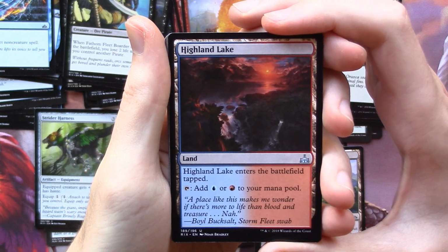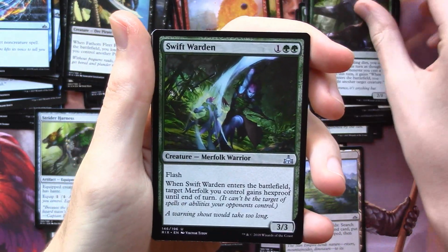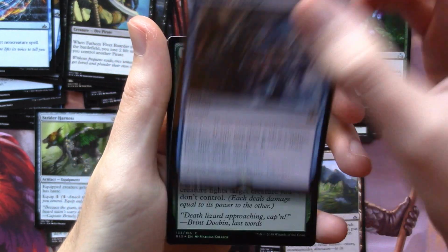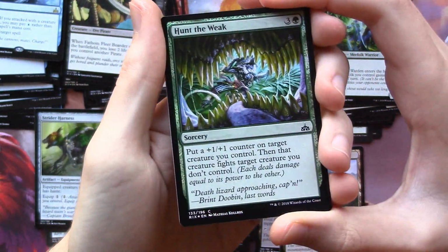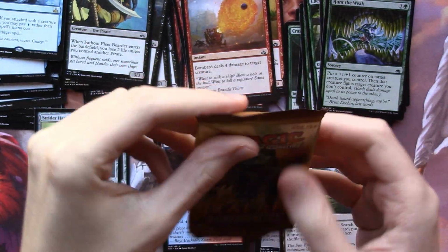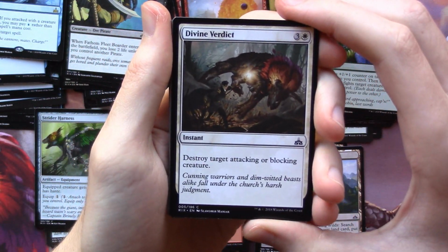Highland Lake as our first uncommon, Cherished Hatchling, Swift Warden, and our rare is Admiral's Orders. Alright, and we even get a foil Huntweek. Alright, that's nifty. And our last booster, we start things off with a Divine Verdict,